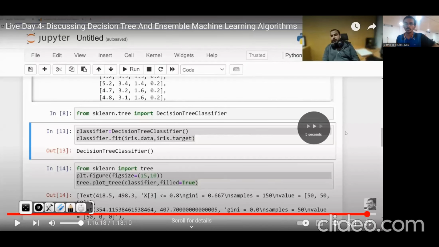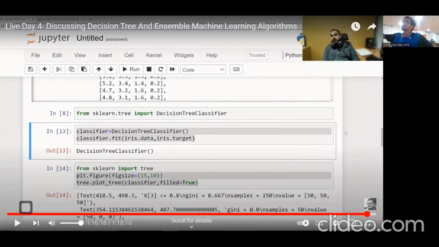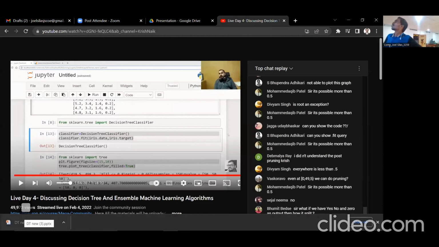Okay, so this was all about decision trees. A little confusing or complicated as compared to linear regression. However, this is the most preferred because almost all the use cases or problem statements are successfully solved with the help of decision trees. And another difference between decision trees and linear regression,